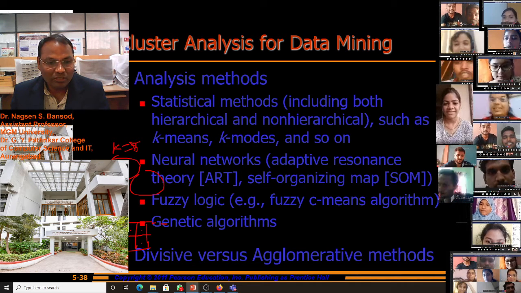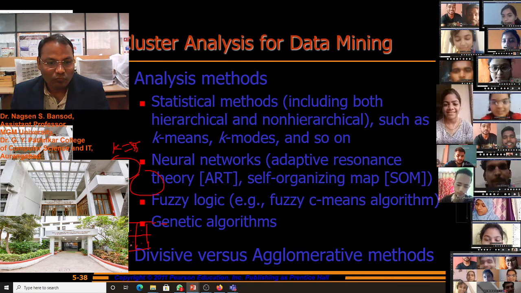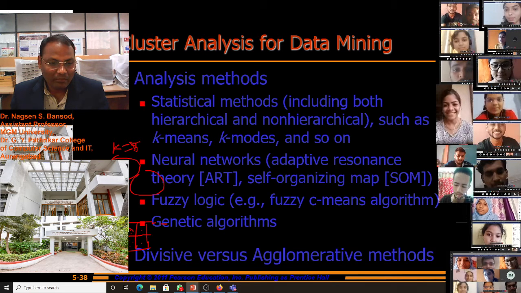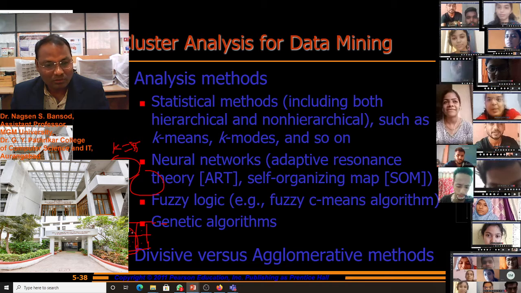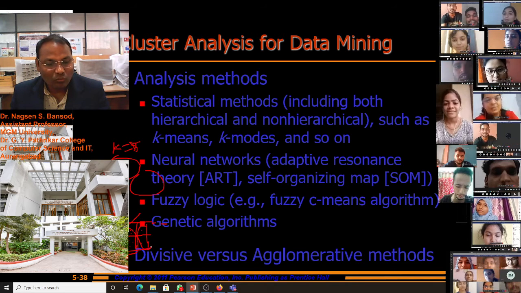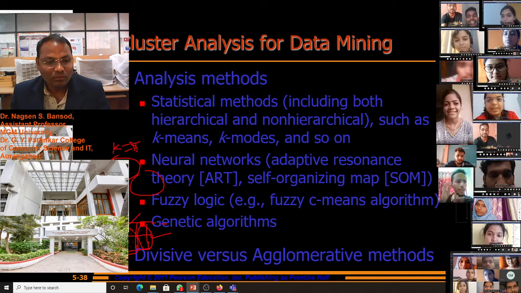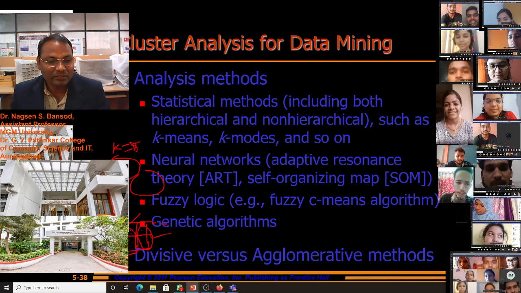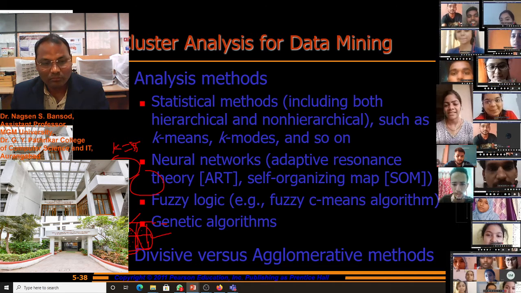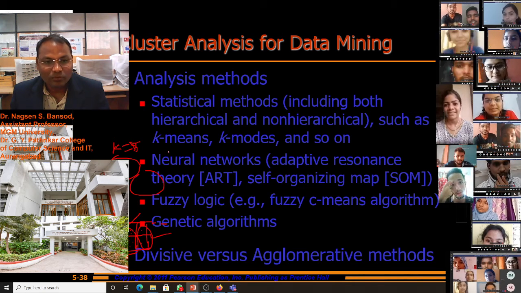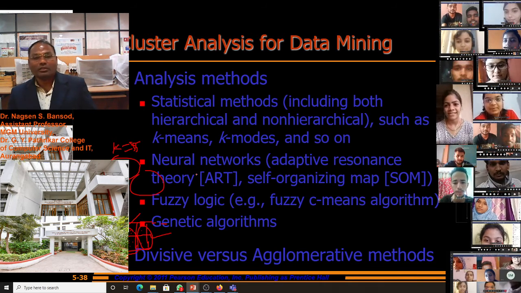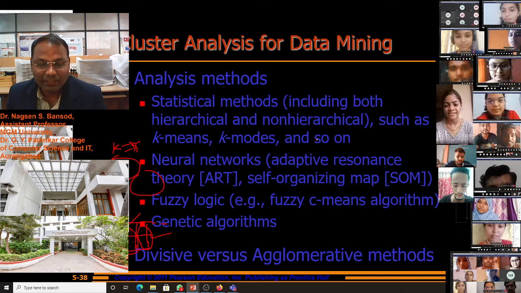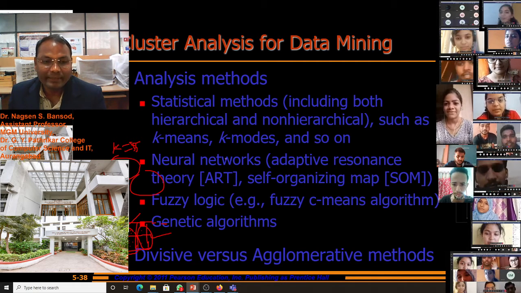Suppose there are 2 dots, there are 3 dots, there are 4 dots, there are 2 dots, and there is 1 dot. Then we can make one more cluster, and a cluster with only 1 dot. D1, D2 will be only 1 point, meaning a minimum-values cluster will be there, and this is the one-more-values cluster. It can be made using k-means, k-mode, and such algorithms, for hierarchical as well as non-hierarchical statistical methods for cluster analysis.